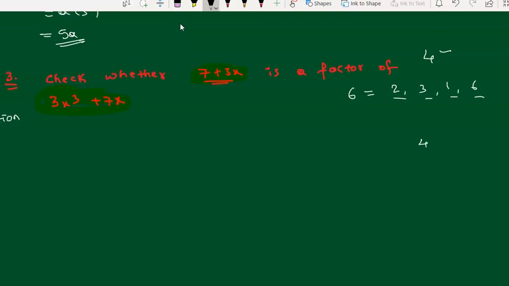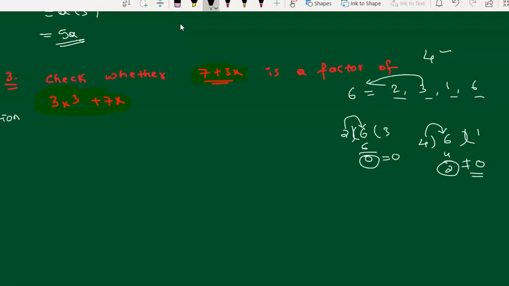Let's try to divide this. 4 into 6, you are going to get a remainder. Here the remainder is not equal to 0. If the remainder is equal to 0, then only you can say that this number is a factor of this. If that number divides this number completely, then only we call it a factor. Why am I saying 2 is a factor of 6? Because if you divide 6 by 2, 2 threes are 6, and the remainder is 0. So I am saying 2 is a factor, and here also 3 is a factor of 6.